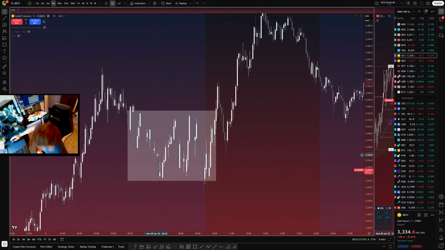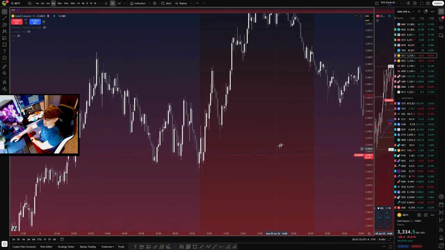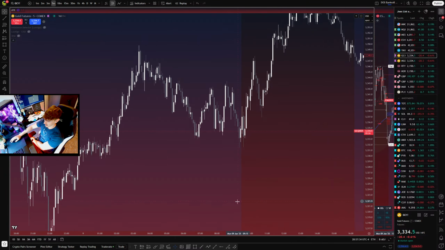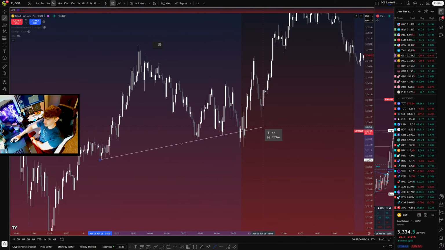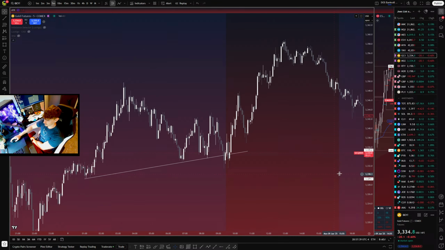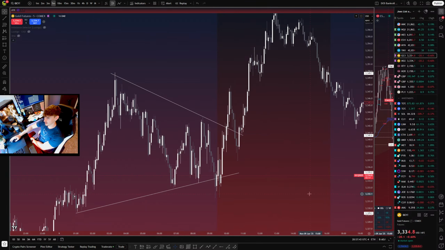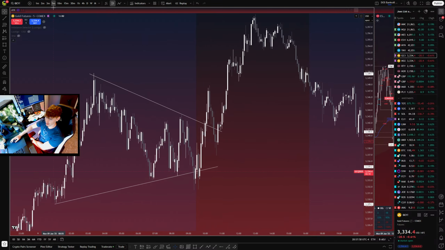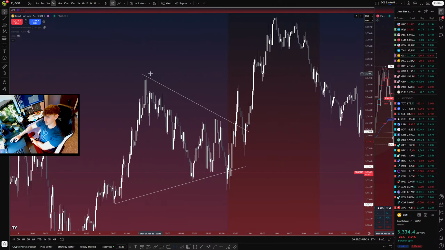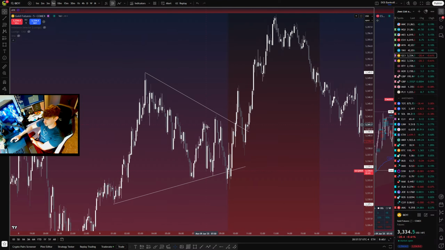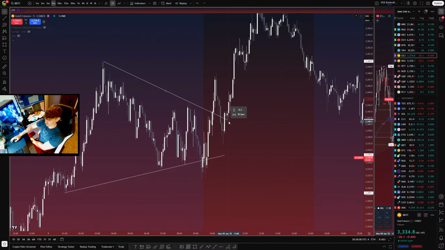I'm going to use my accumulation more in terms of trend lines and triangles because that's the easiest way, the way I've been taught. Now, trend lines are tricky because there's a learning curve with trend lines. It's not as simple as looking for a gap. It is tricky to mark out where you see the prominent highs and prominent lows, because you need to be able to tell prominent highs versus just internal highs.